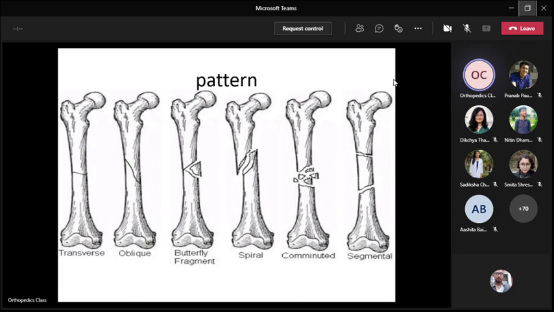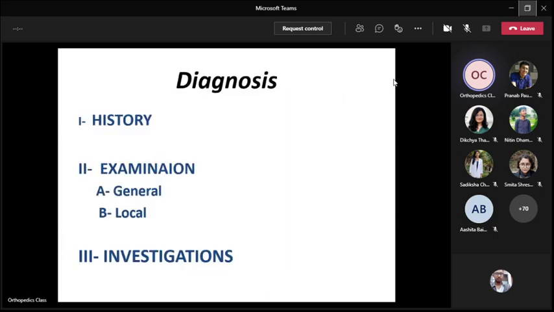So transverse fractures, how does it happen? It's a bending force or a direct blow. Short oblique has an axial as well as rotation and bending force. All three combined produce a short oblique. Butterfly is axial compression with rotation, which produces one butterfly segment. The spiral is a twisting force, while comminuted and segmental need greater force. So as the fracture pattern increases, the severity also increases.